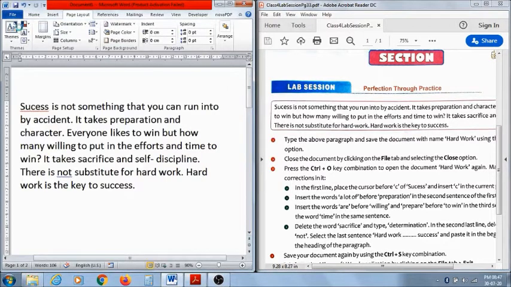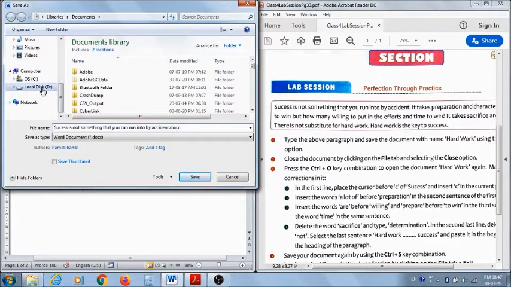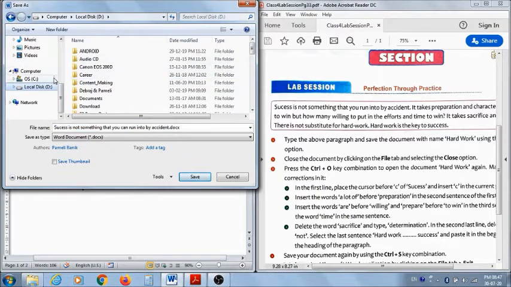When you click on save option, it will ask you where to save. You can either save on the desktop or you can save it in the drives.